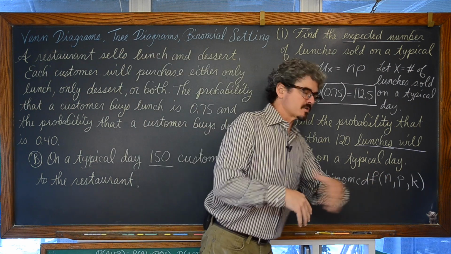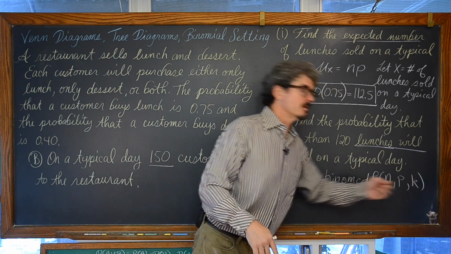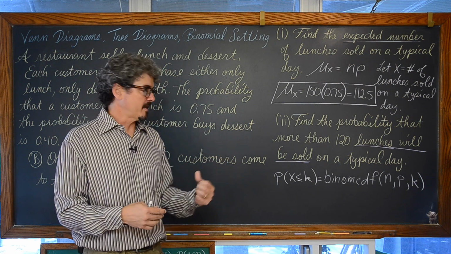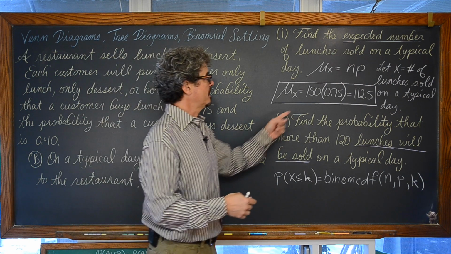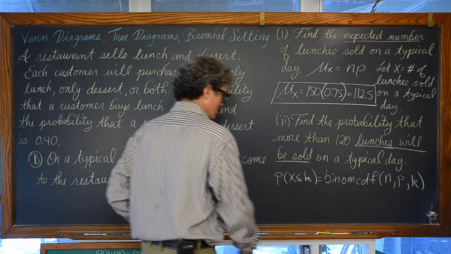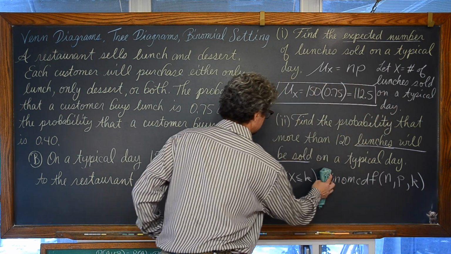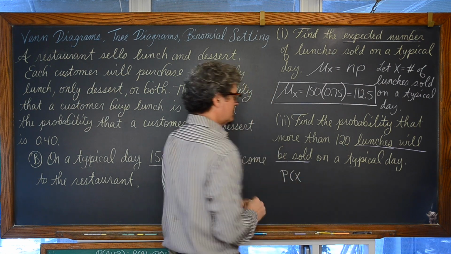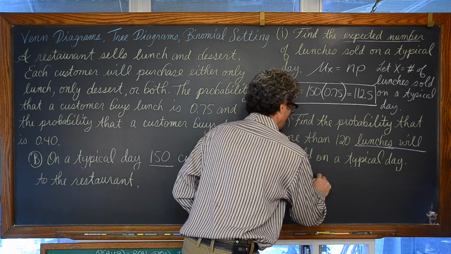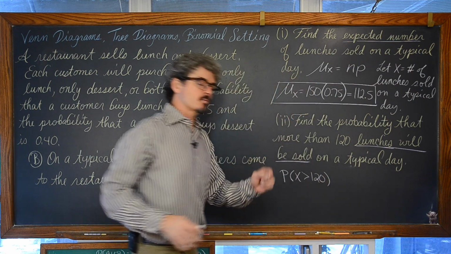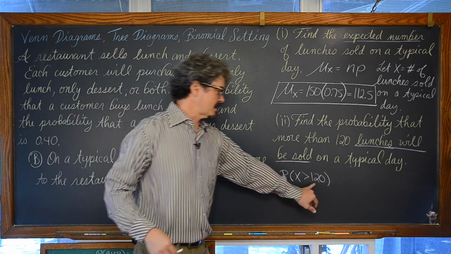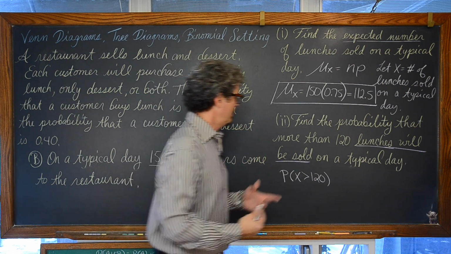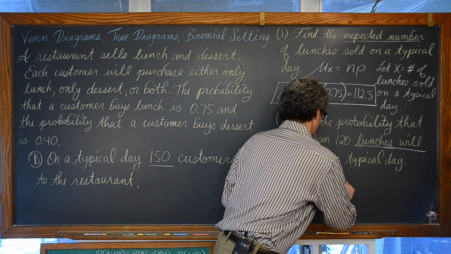Now, software is always changing, but calculators do count down. A TI-84 will generally only find probabilities that count down. So, with x being the number of lunches sold, we are looking for the probability that x is more than 120. And this is a discrete random variable, so the probability of selling one specific number of lunches has a value not equal to 0, unlike with a continuous random variable.